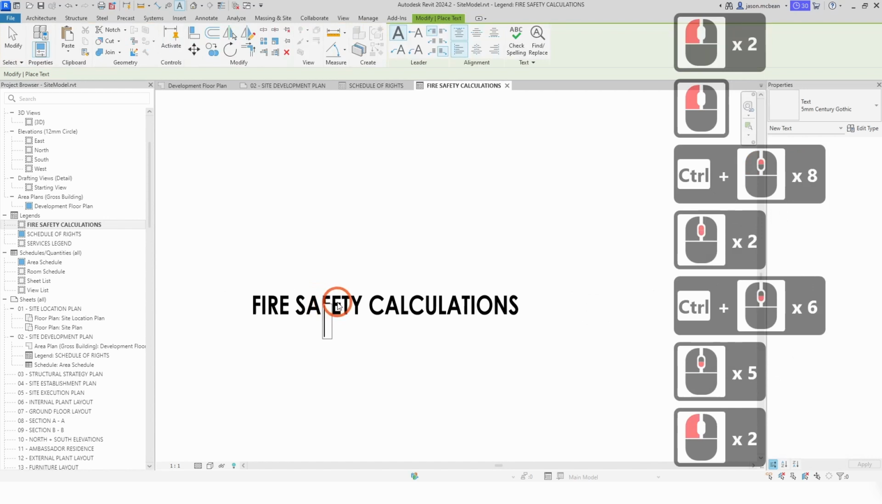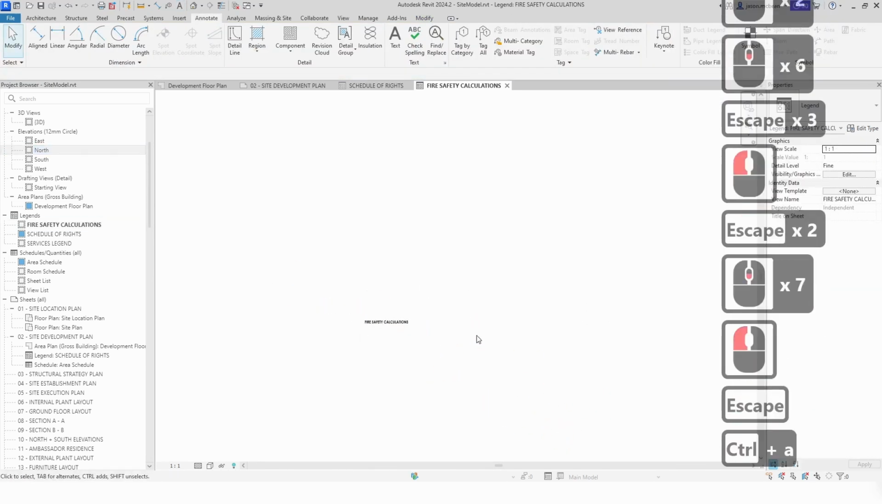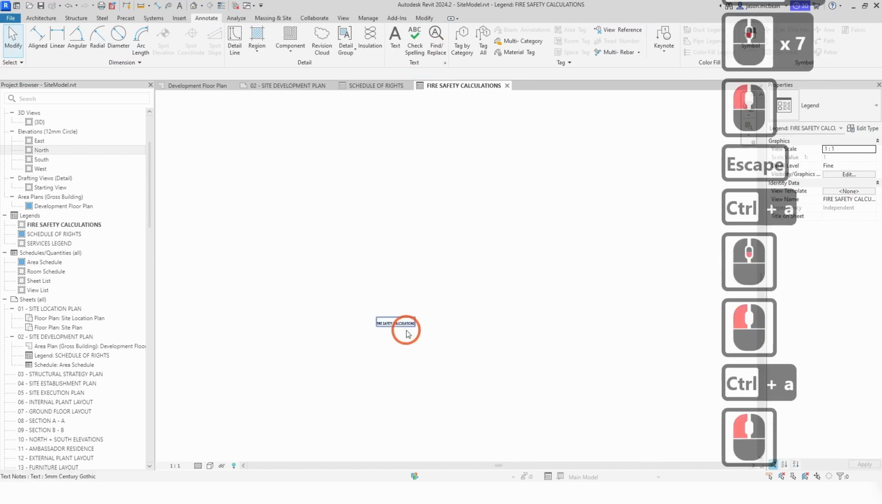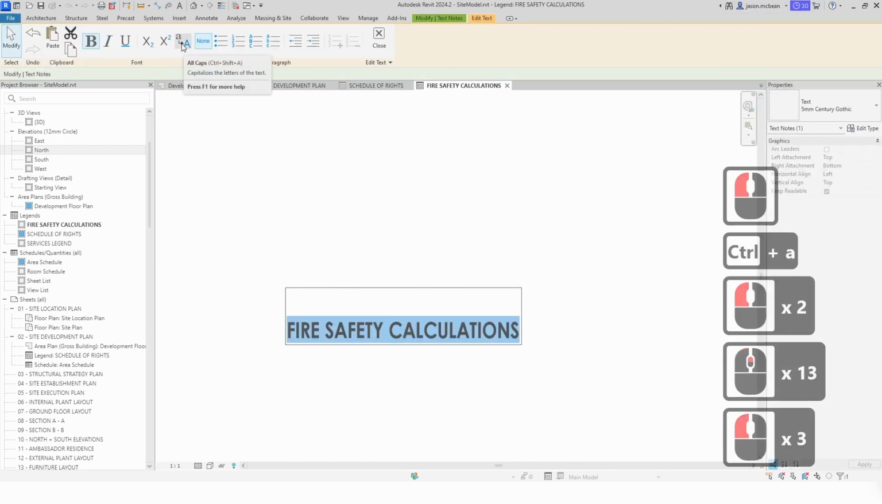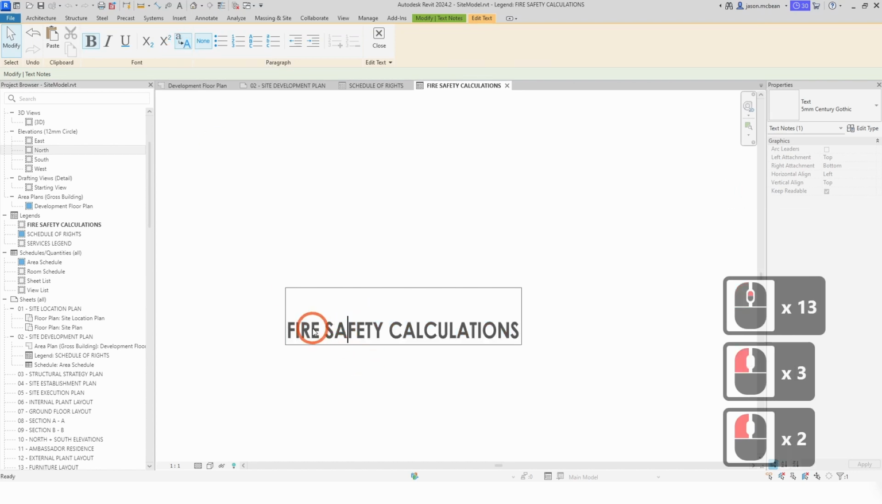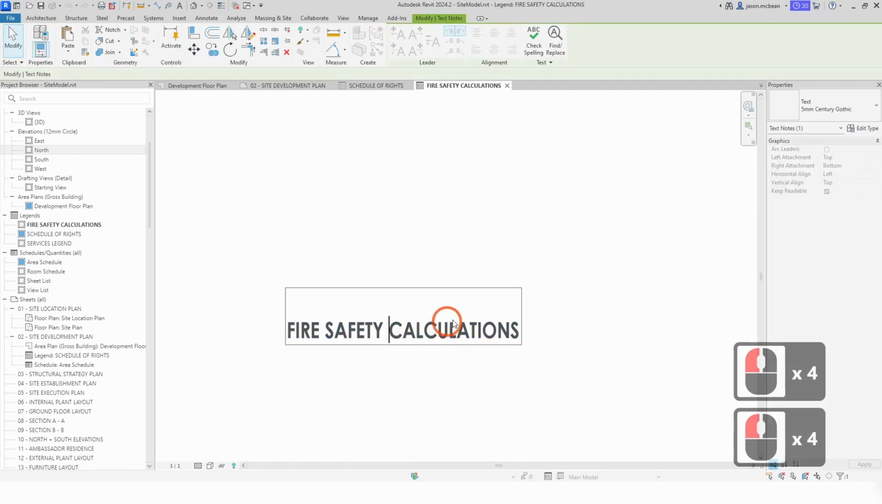There we go, fire safety. So I've put a lot of other text in here, so just be careful. Control A, nothing here. So here we go, fire safety calculations. What I do like about Revit, you can change stuff to small caps, so that is very neat. It's got that function. Okay, so just remember that, fire safety calculations, I'm going to leave it just like that